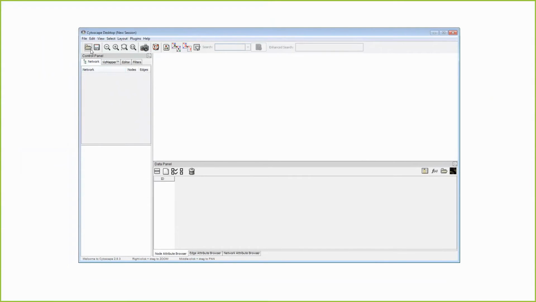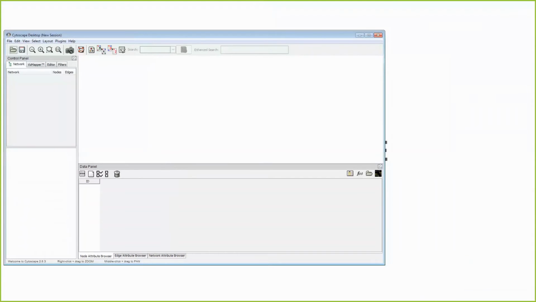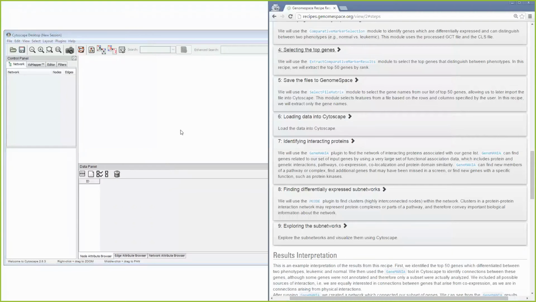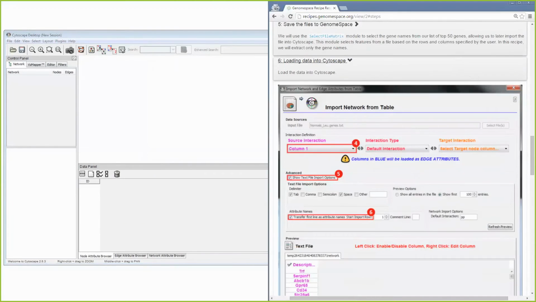And Cytoscape is a desktop tool. So in the interest of time, we're not going to go through the entire Cytoscape analysis process. But what we'll do is, if we compare this to the recipe that we're using, here we're loading data into Cytoscape.